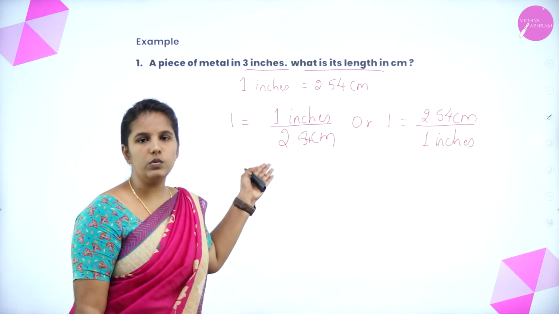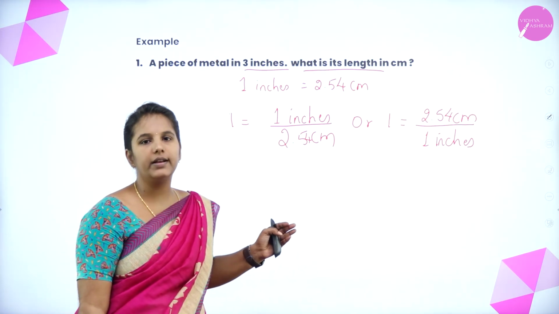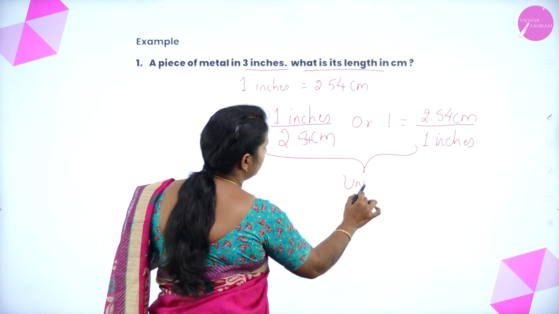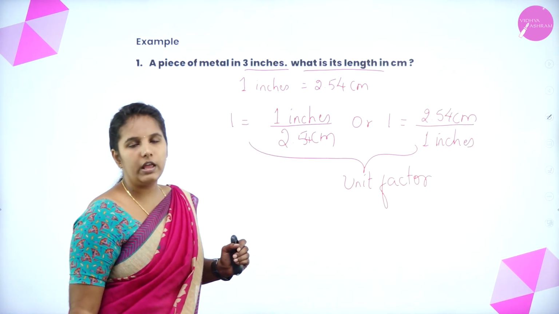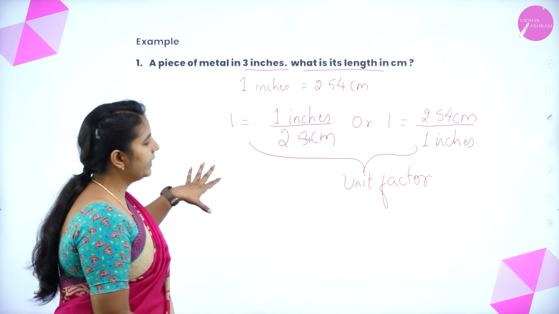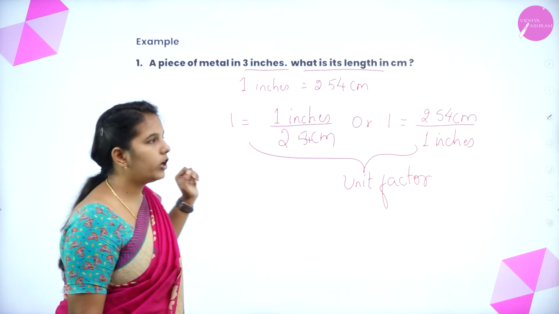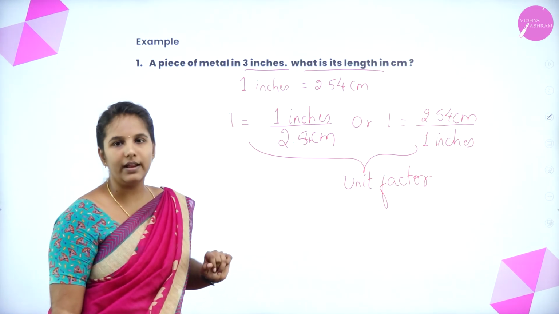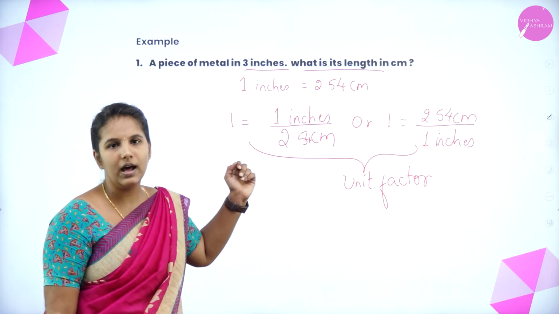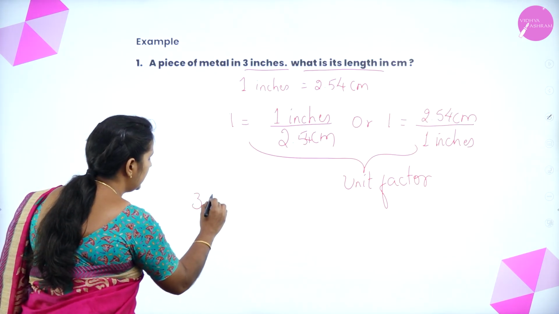1 equals 1 inch divided by 2.54 centimeter, or 1 equals 2.54 centimeter divided by 1 inch. So this is known as the unit factor, where we are converting one unit into another unit. After getting this unit factor, we have to see the numerical. What is given is 3 inches. The metal has 3 inches, and we have to report the result as length in centimeters. So I can write 3 inches